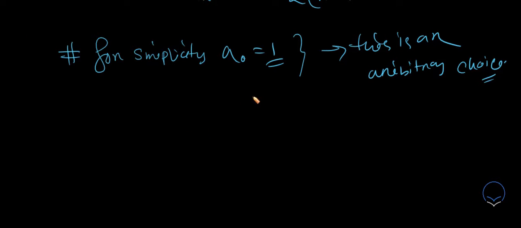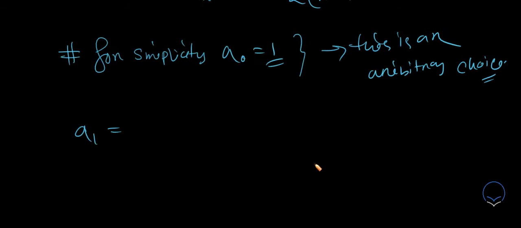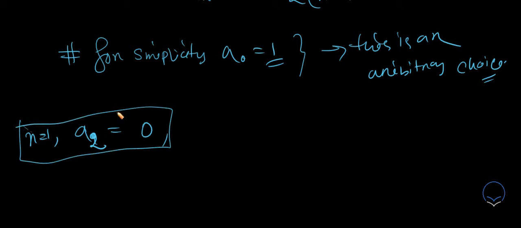So a1, sorry, this should be a2, not a1, because we are considering n equals 1. If you put n equals 1 over here, this is just 0. So that's a bummer. Why? Because